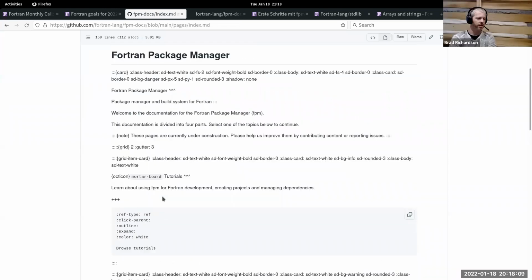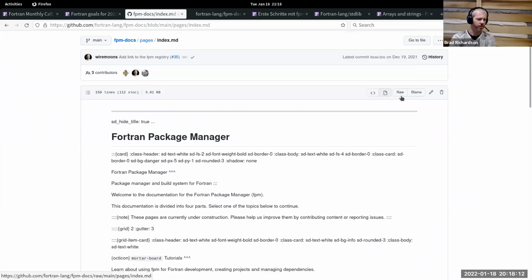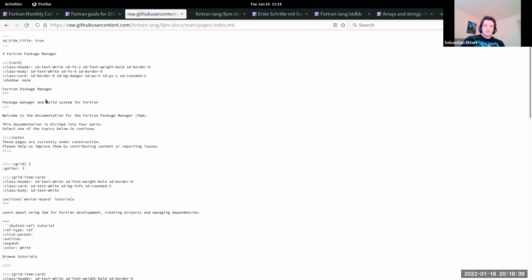This is right, because it's using some extensions or flavor of Markdown that isn't exactly what GitHub expects and knows how to render. Yeah, so we kind of have to get away from the expectation that our Markdown can be rendered by GitHub. If this is okay, and we expect our users to download the toolchain and work with this locally and preview there, I mean, you can look at the raw. This still looks readable.